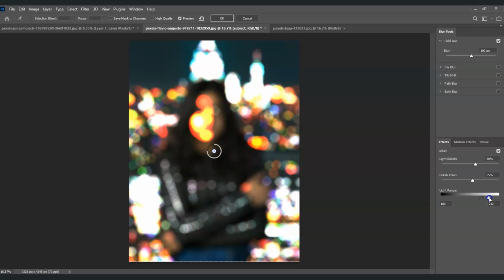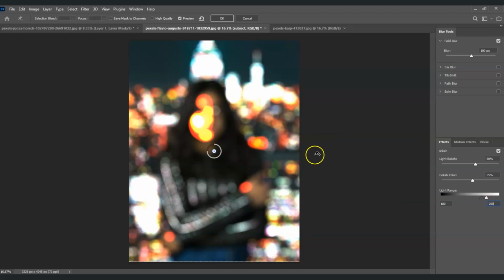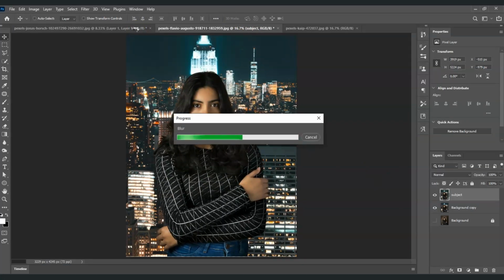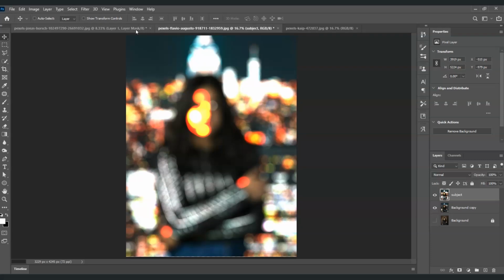Okay, so I'm going to set this to around 200. Okay. All right, I'm good with this. Now, once all said and done, select OK. And there you go. All right, you may be able to see that we already applied our bokeh here, but our